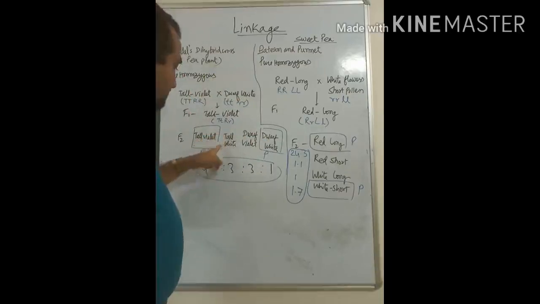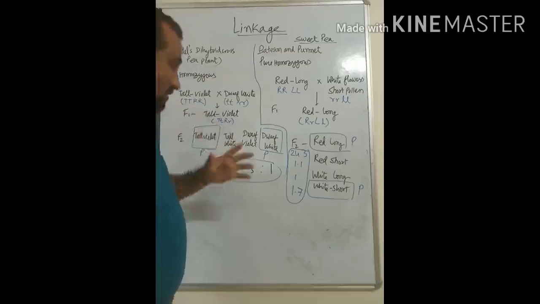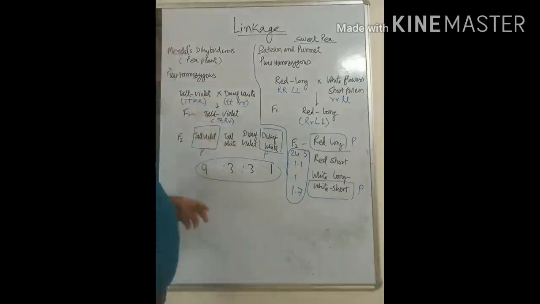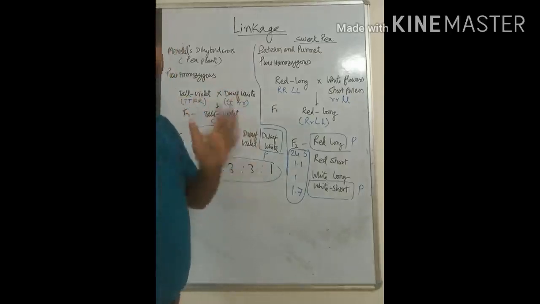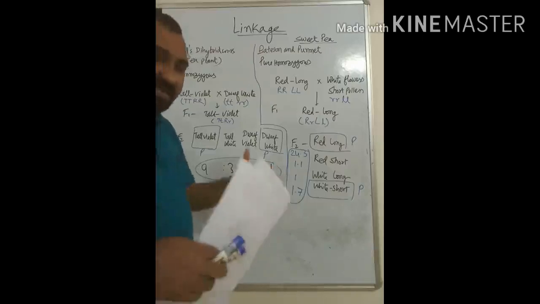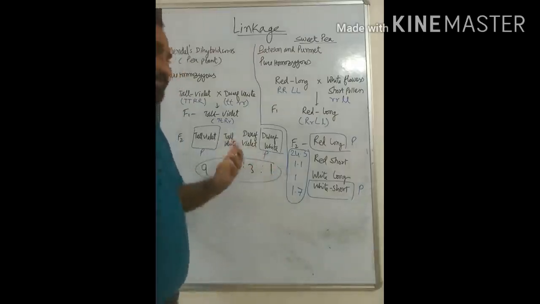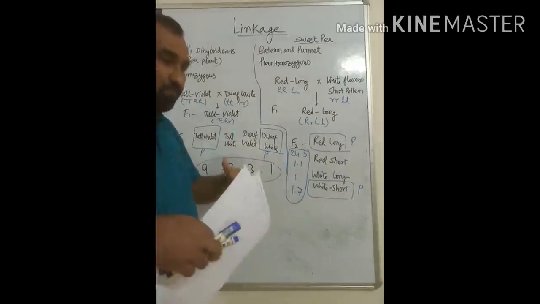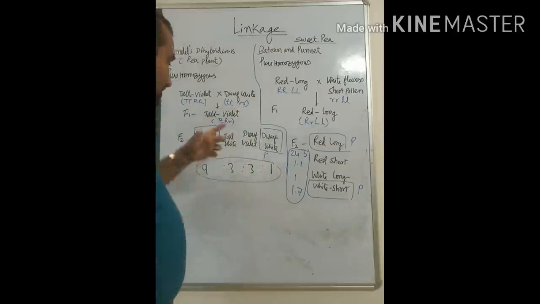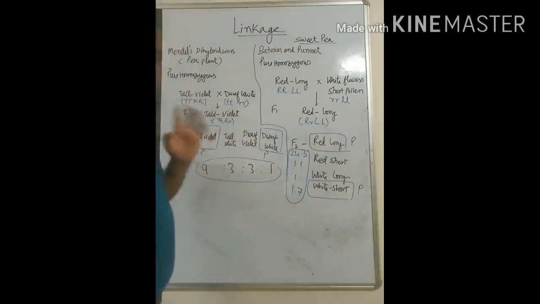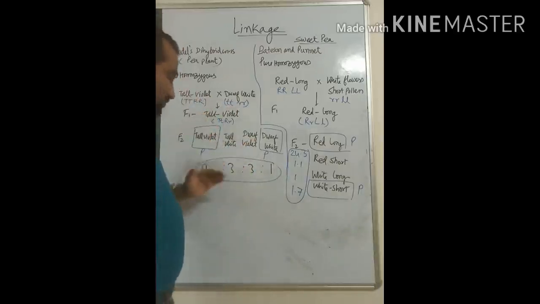But here some new combinations of characters are produced, that is tall plants having white flowers and dwarf plants having violet flowers. So here it is considered that the genes deciding the plant height and flower color independently assort. They are assorting independently. It means they are segregating in the gametes independently. So that's why four different combinations are produced, and the F2 ratio